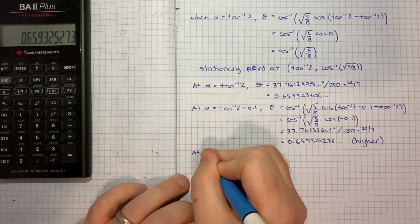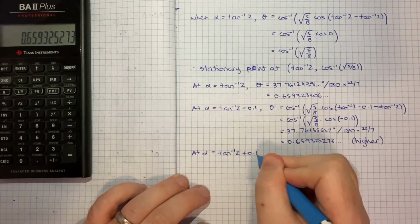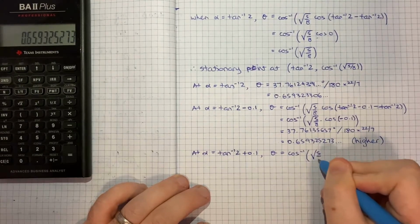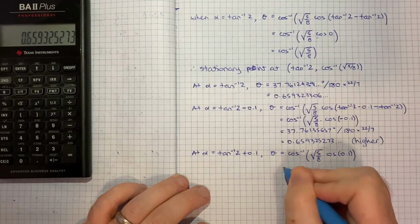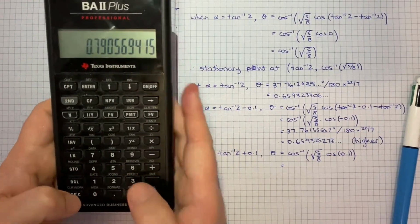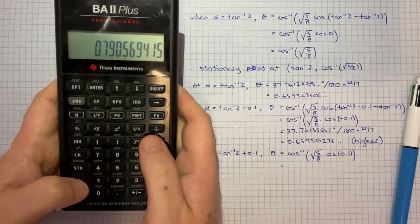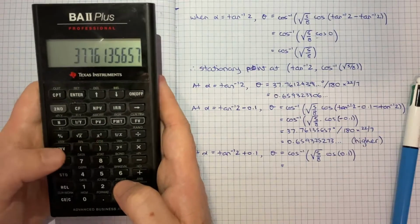So at alpha equals inverse tan of 2 plus 0.1, theta would be, if I just follow this pattern, the inverse cos of root 5 on 8 cos of plus 0.1 this time. So let's just do that. Now I think I've already got the square root of 5 on 8 stored. So now I just need 0.1, the cosine of that. I'll store that. So recall 1 times recall 2. Take the inverse cosine. We get